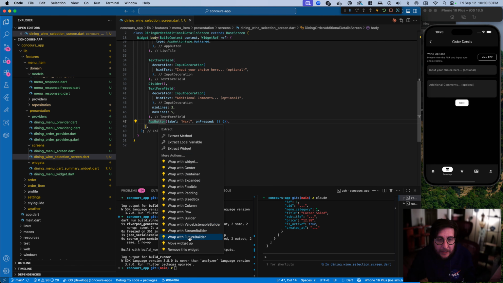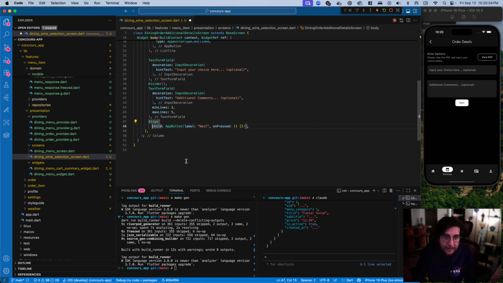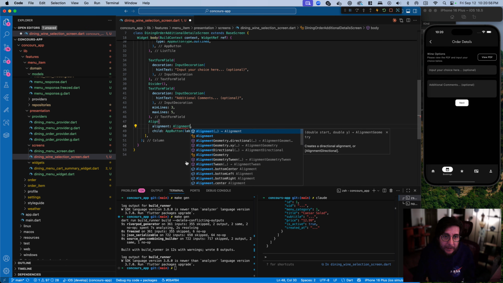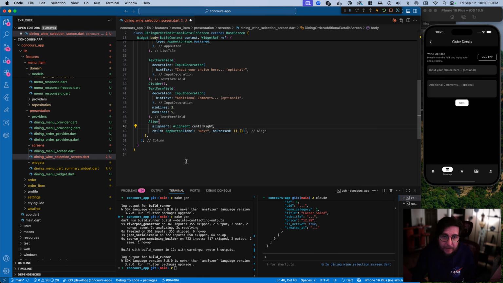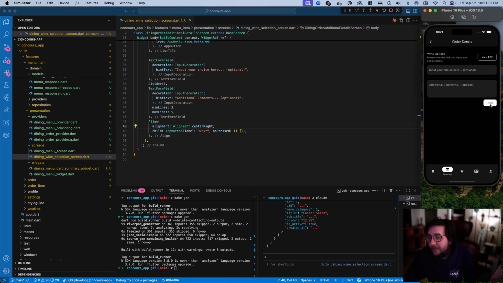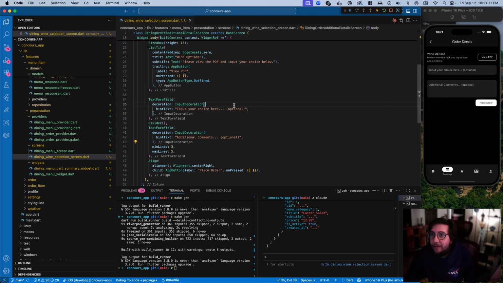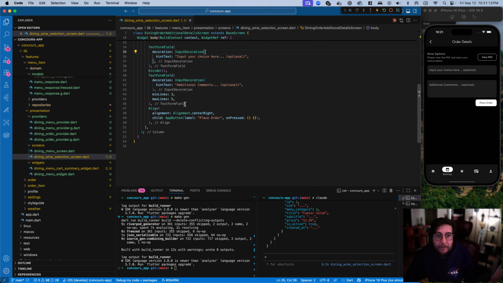Let's remove, let's wrap this. I could wrap this in a row and do the same thing, but there's another way we can do it. We're just using a line. Use alignment dot right, center right. Now I'll go over there. And I guess in this case, this would be place order. We should probably have a divider before the place order. Yeah, maybe we do another divider, because we might want to have